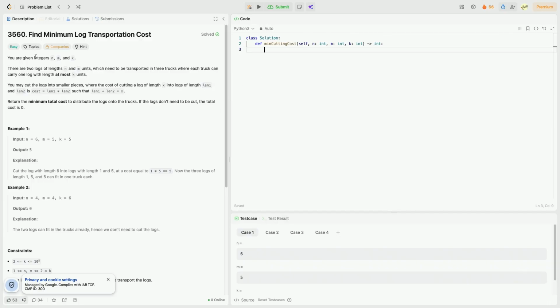So we're given integers n, m, and k, 3 integers. There are 2 logs of length n and m units, which need to be transported in 3 trucks where each truck can carry 1 log with length at most k units. You may cut the logs into smaller pieces where the cost of cutting a log of length x into logs of length 1 and length 2 is the cost of the lengths multiplied, such that the sum of the lengths